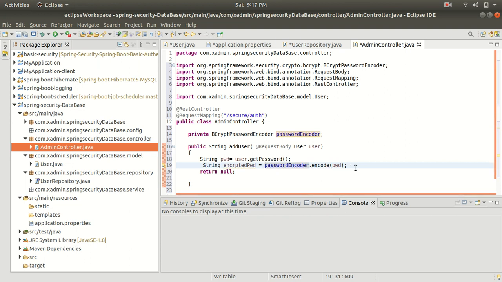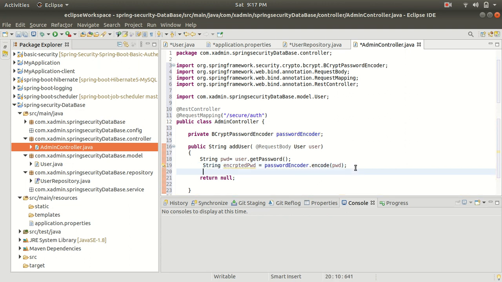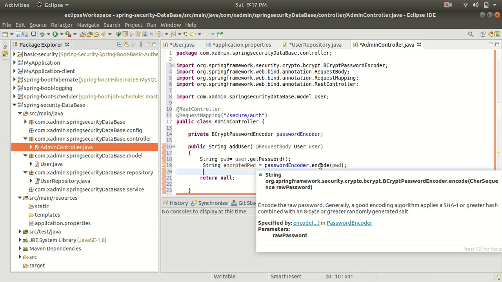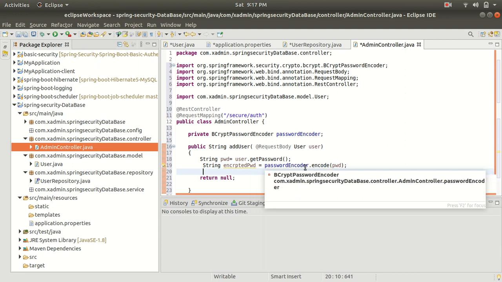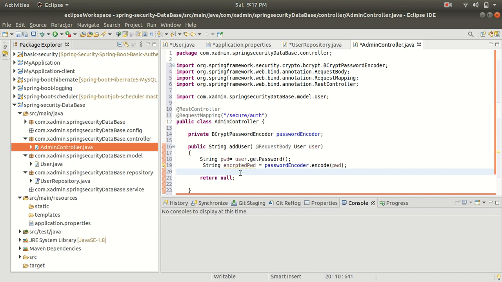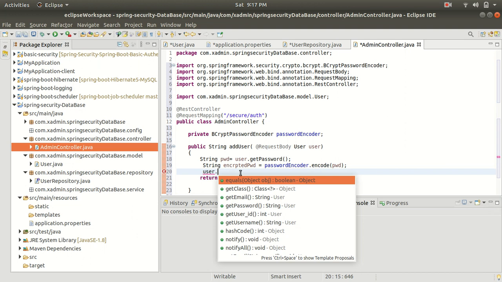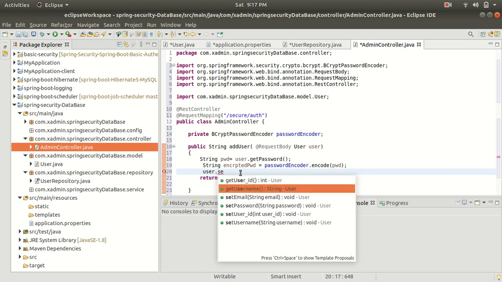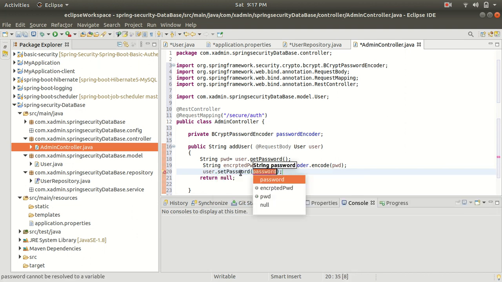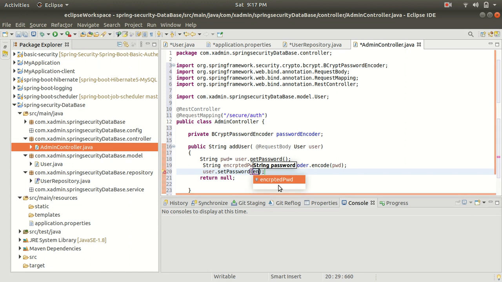All right, and now guys I am going to set the password to the user. So guys here, it is going to encode the password. So now we need to set the password to the user object. So let's use the user object to set the password. Let's call set password, and here we can pass encrypted pwd.